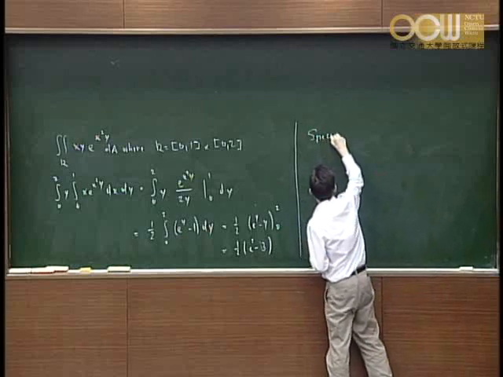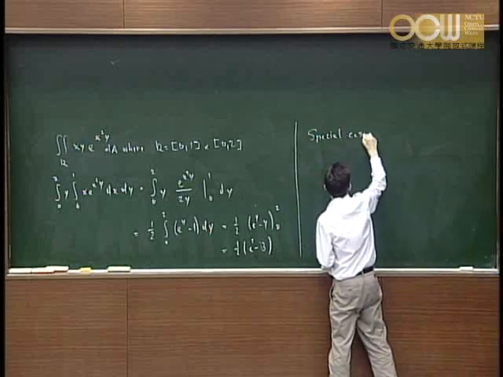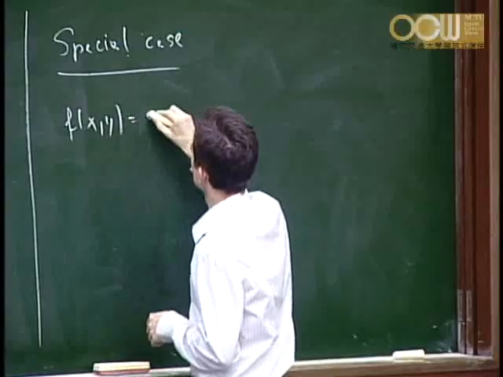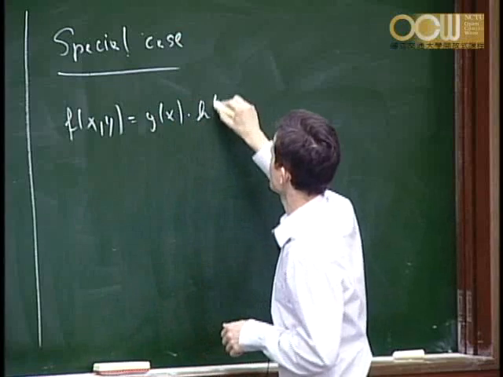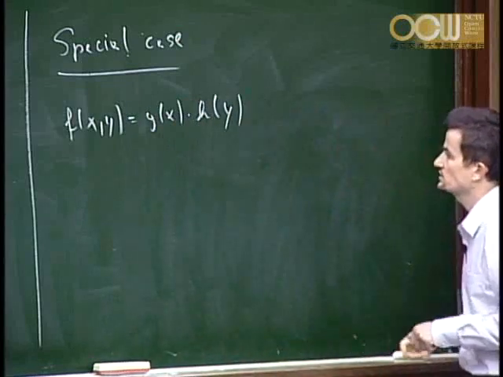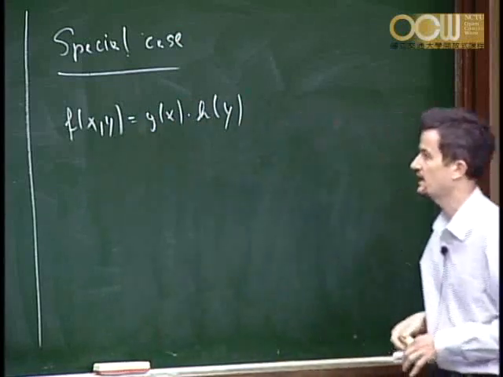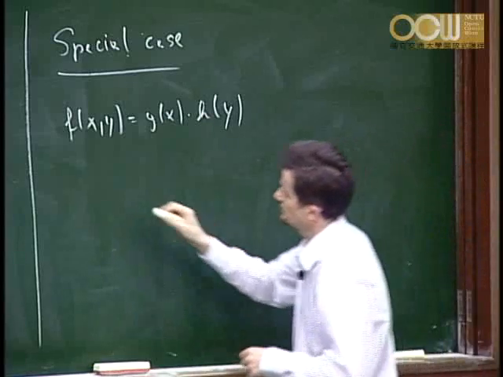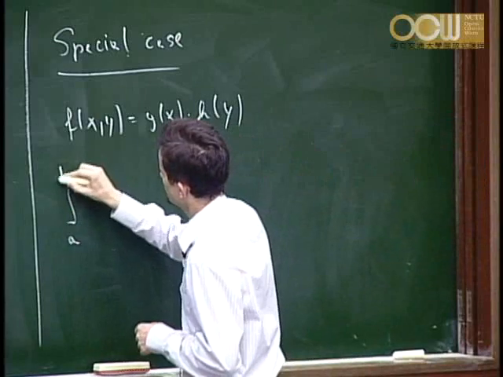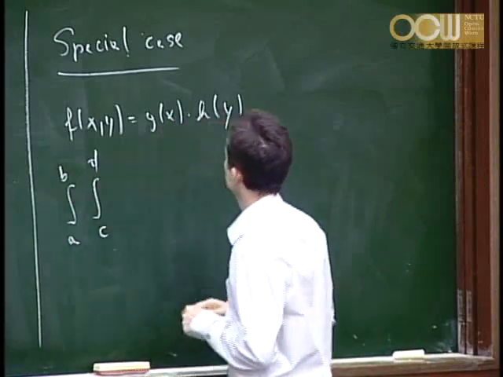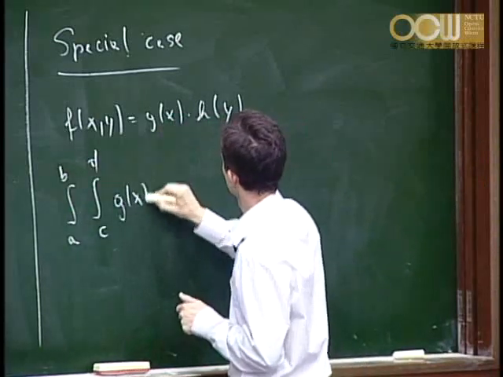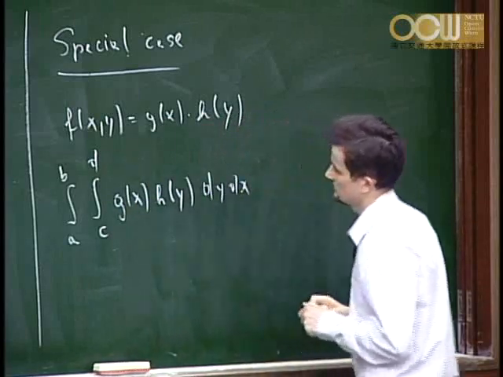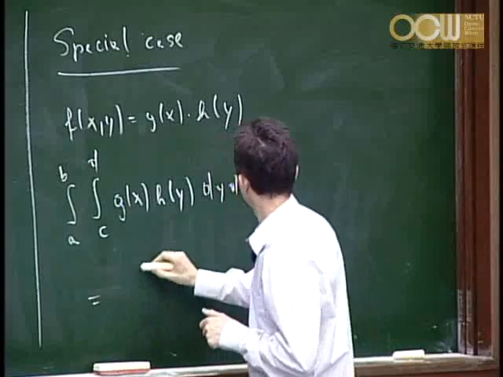Now, one special case which is good to notice is the following, where f of x y is equal to g of x times h of y. So you have a function where you can separate the part which is in x and the part which is in y. Now, if you have something like this, then if you look at the iterated integral g of x h of y, and then you have dy dx, it's good to notice that